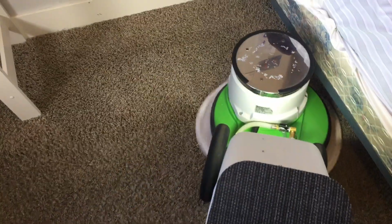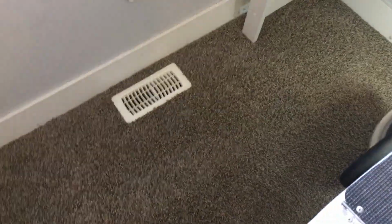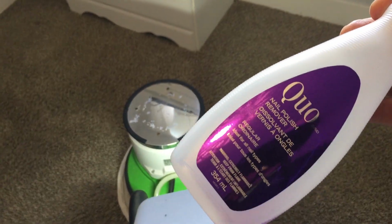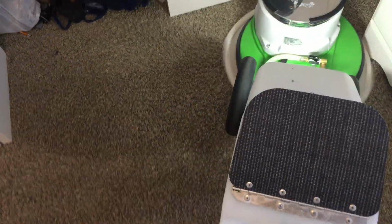And over there, that stain I'll be trying some VDS on, I think. That's probably what I'll need to use on it. I think it must be paint. Oh, look at that. I think that's what they used on it, and it didn't work, but it spread out a little bit. And that's actually, come to think of it,